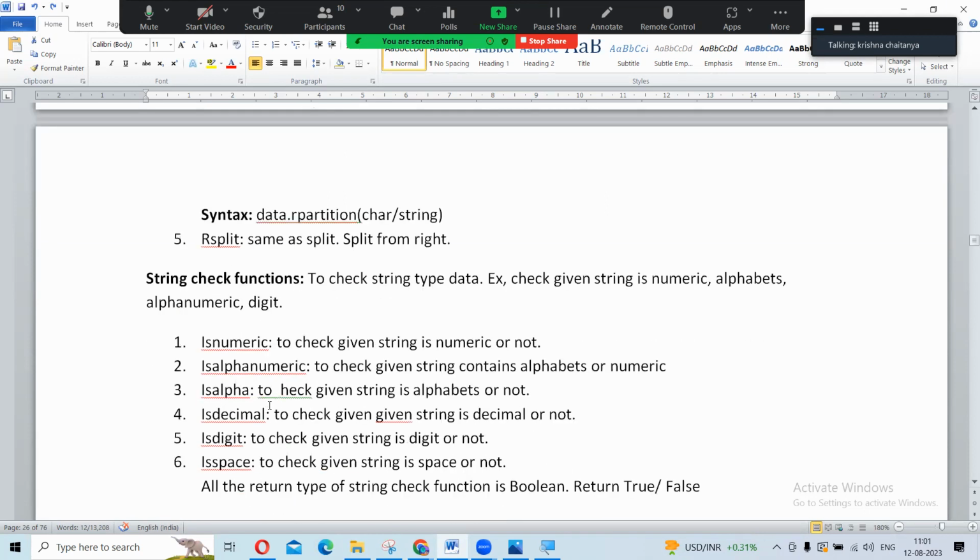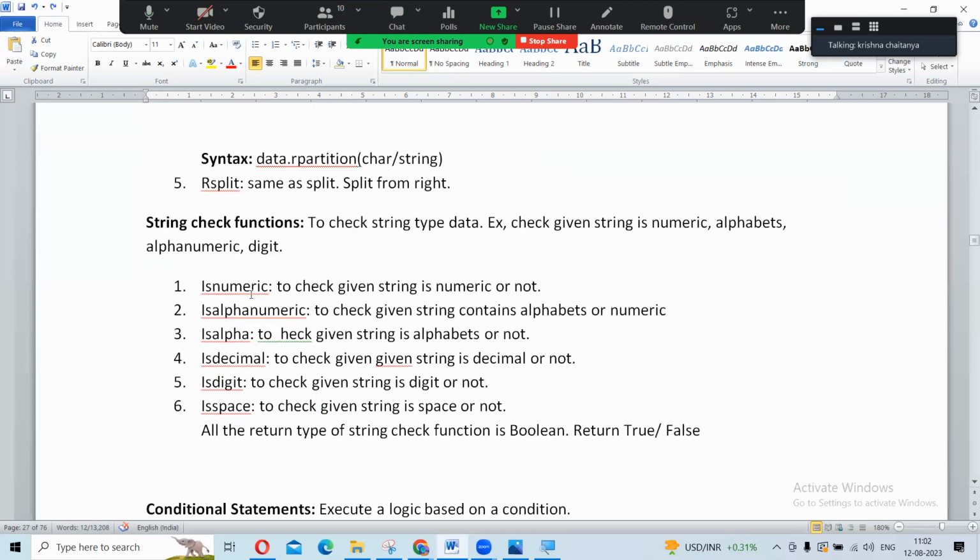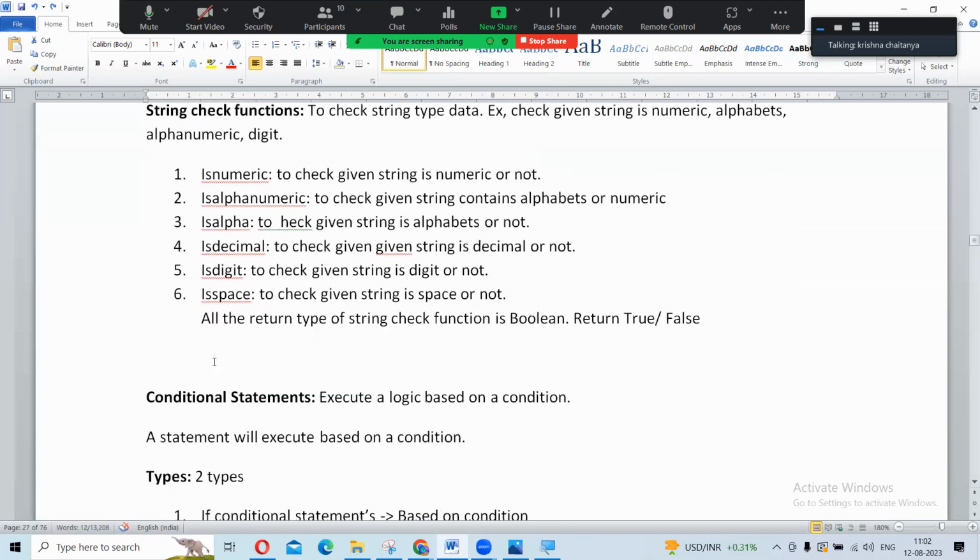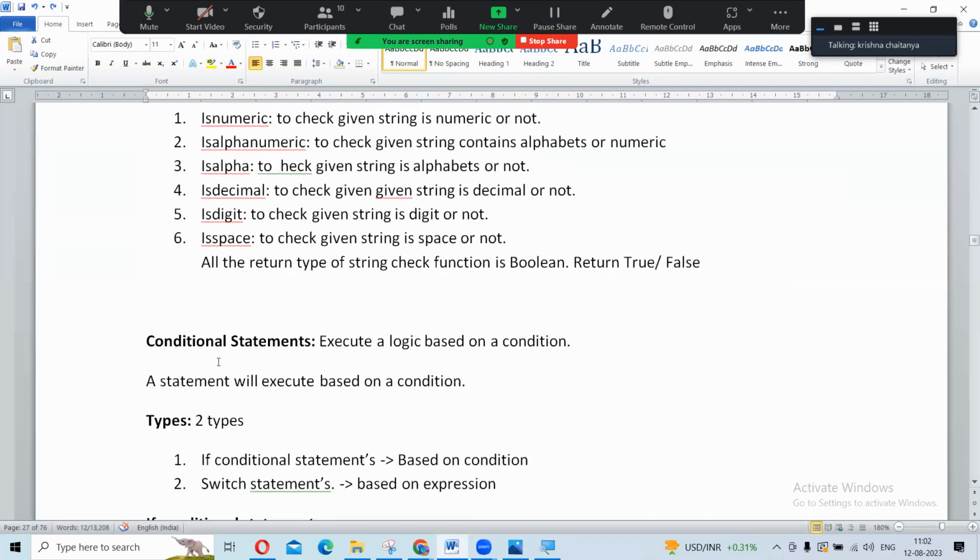Can we check whether a given string is numeric or not? See, data from the UI always comes from text fields, text boxes. All text boxes produce the data as a string. Okay? So a number also comes as a string. You need to check, and these are the string check functions: isnumeric, isalnum, isalpha, isdecimal, isdigit, isspace. Clear? This is about strings. So next question is